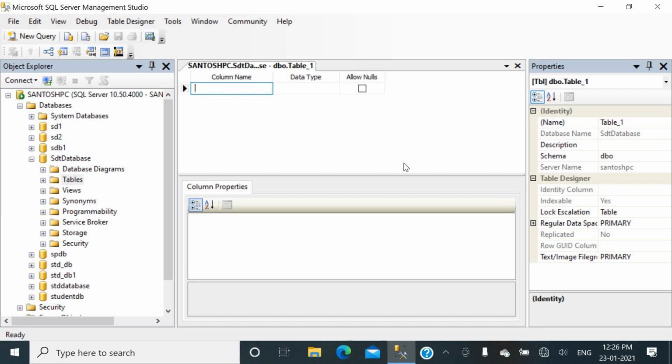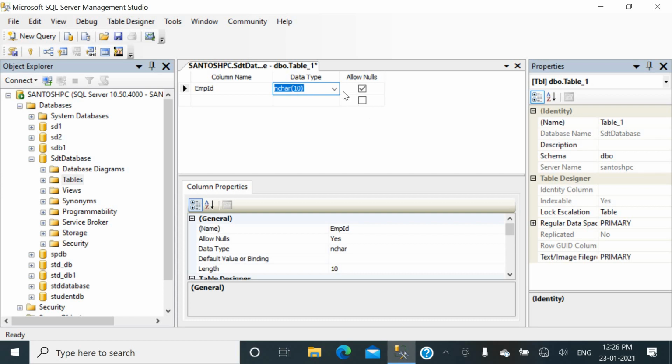So for example, suppose I am here creating an employee database. So EMP ID is my first column name, and the data type of this column name is small integer, and whether you want to allow the null values to this employee ID or not is based on this checkbox button. If you don't want to allow the null values to be inserted into the employee ID field, then deselect this checkbox.